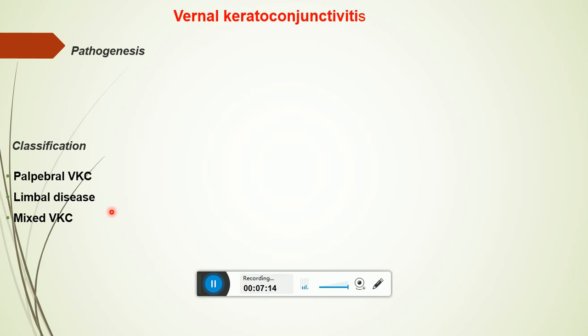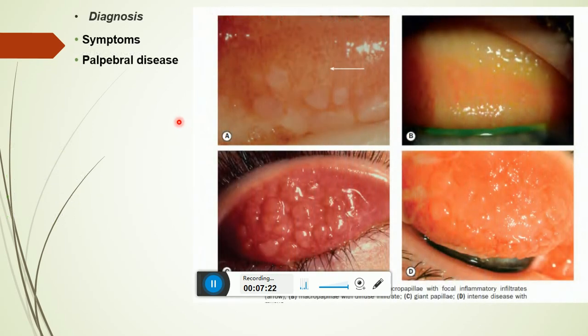The limbal form affects Black and Hispanic patients. The mixed form has features of both. Now, the diagnosis is clinical. Investigations are not required. Eosinophils are abundant in scraping. The symptoms are itching, lacrimation, photophobia, foreign body sensation, burning, thick mucoid discharge, and